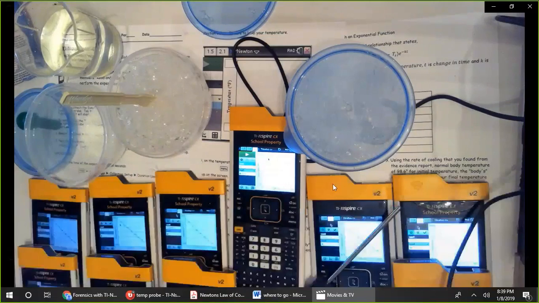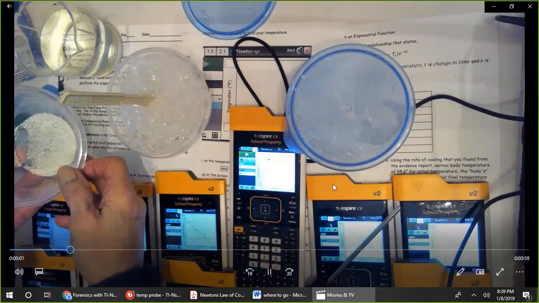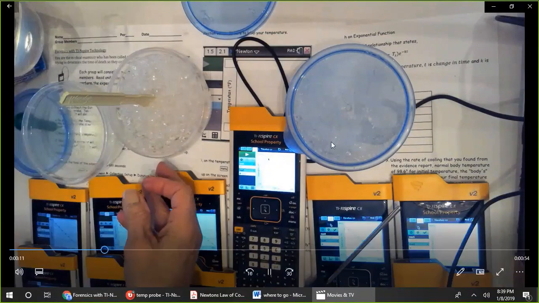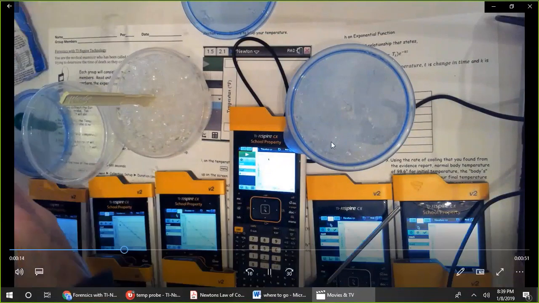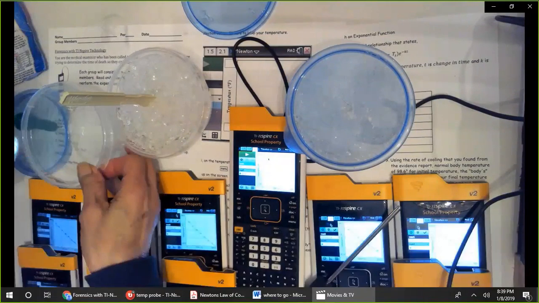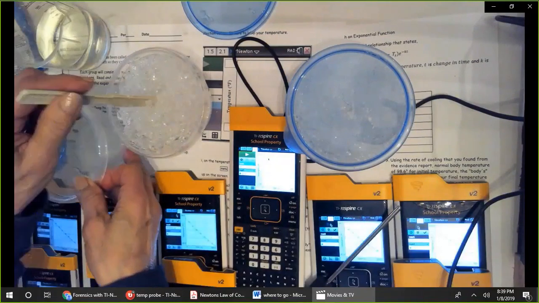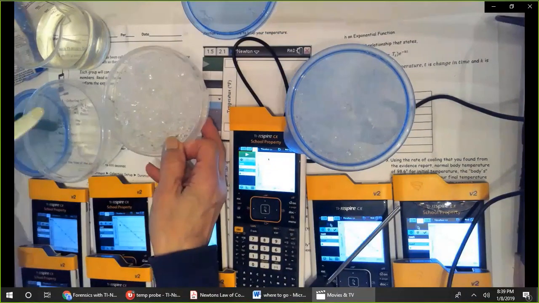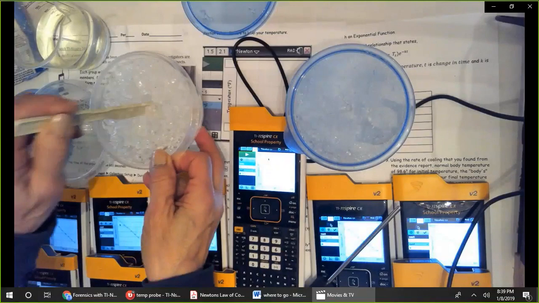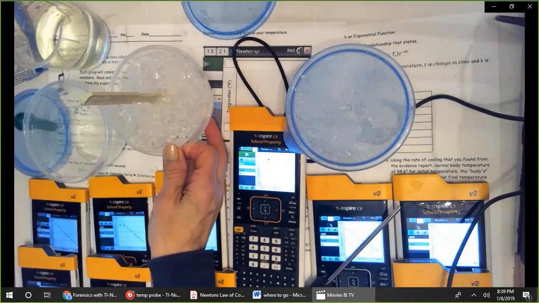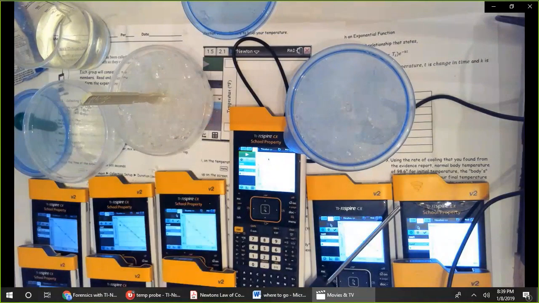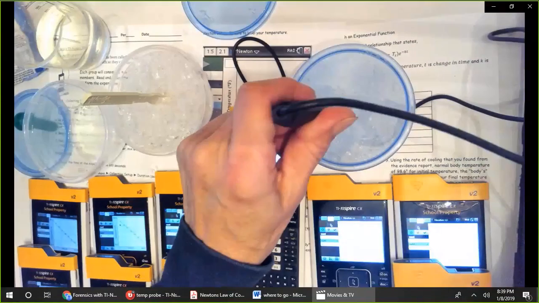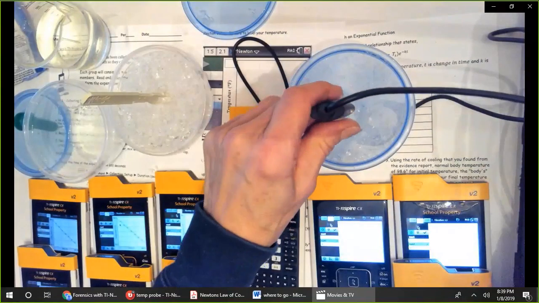So students are given a container with polyacrylate and a beaker of water below body temperature. The water is added to the crystals, and the student stirs until the crystals become a gel. When the gel looks like this, see that? The lid goes on the container, and we've created our victim's liver. The temperature probe goes into the top of the container, being sure not to touch the edges.